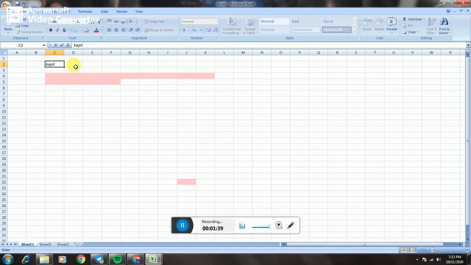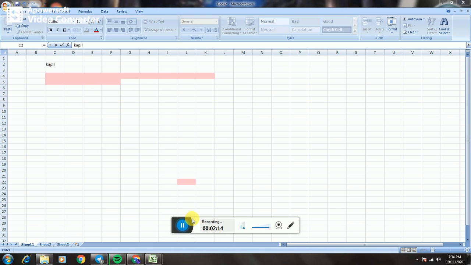Next one, operations on cells, columns and rows. You can edit, copy, delete, resize, move, and format the contents of the cell. Overwriting contents of a cell: you can overwrite the content of the cell by selecting a cell, typing the new data into it, and pressing the Enter key.